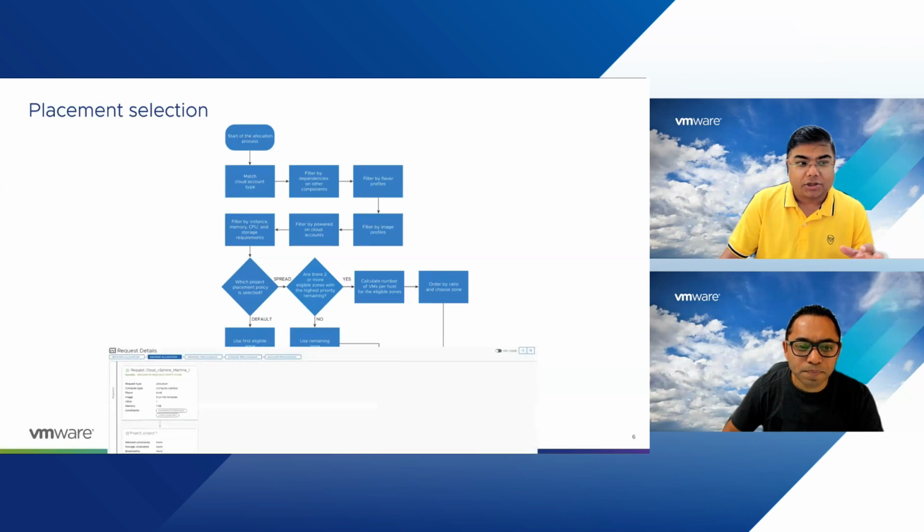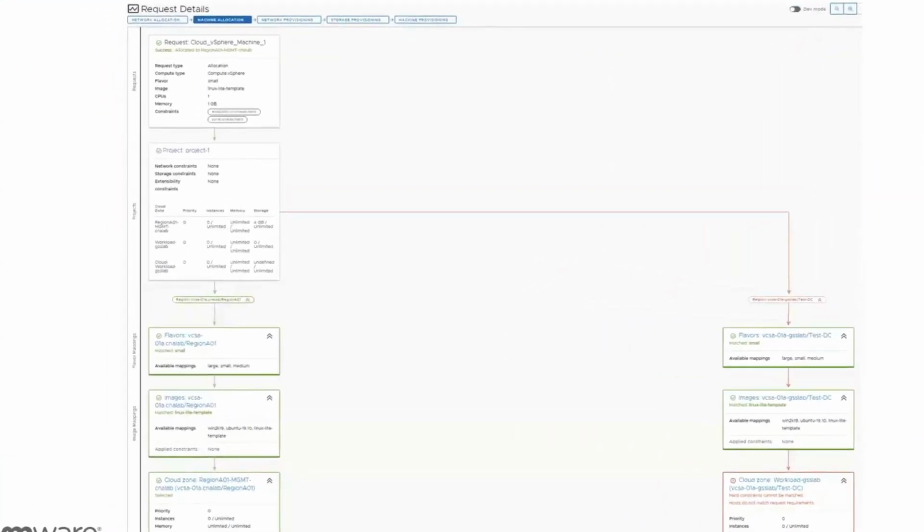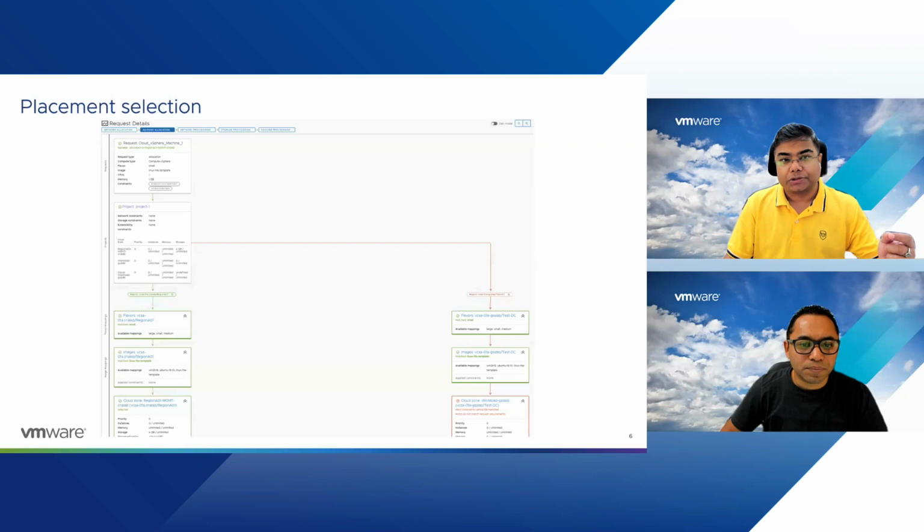All of that is actually visible when you go ahead and do the deployment. You can see the allocation and placement, all of that, in a graphical format in Aria Automation. Right. So these are all represented in this graphical chart as well. Yeah. That helps you identify any problems that you have. It's very logical. You'd logically expect a VM to land in a particular location, and it shows which location was chosen and why.